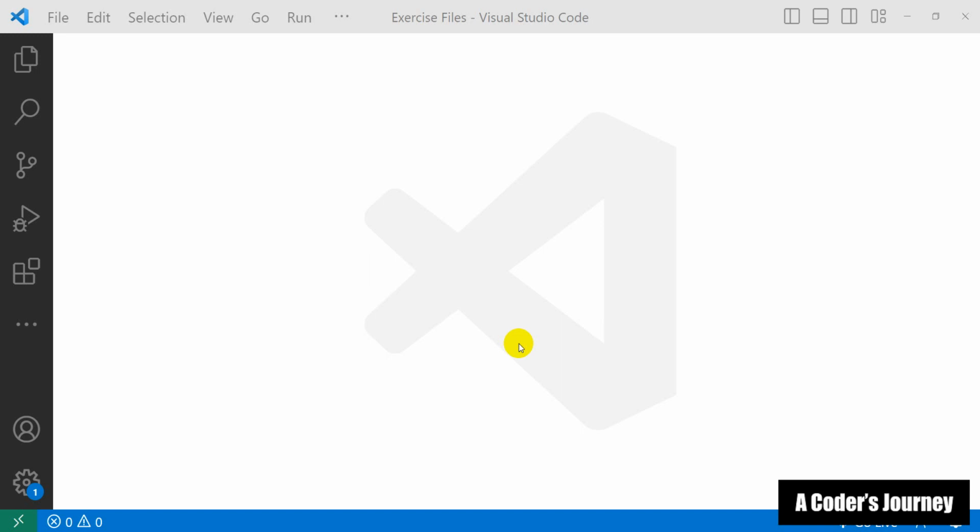This is a very feature-rich, lightweight, free open source editor by Microsoft, and the good news is that it has built-in support for TypeScript, which makes working with TypeScript a breeze. So these are some of the most important reasons why I have decided to opt for VS Code